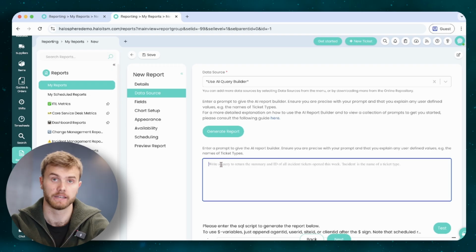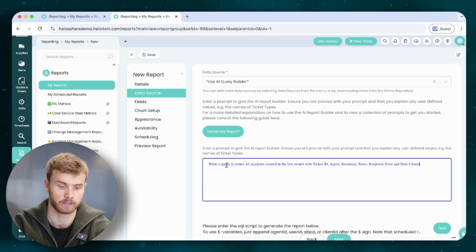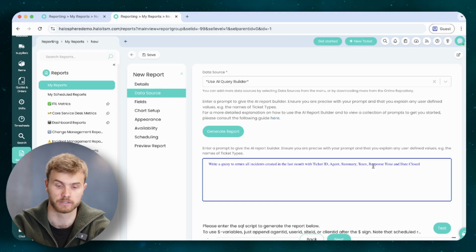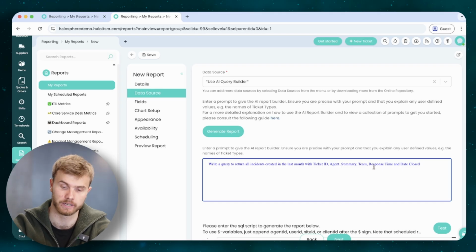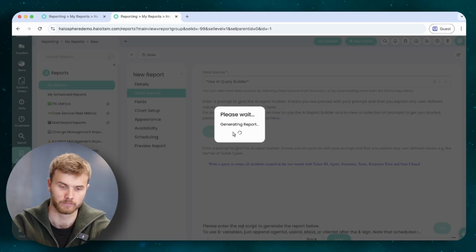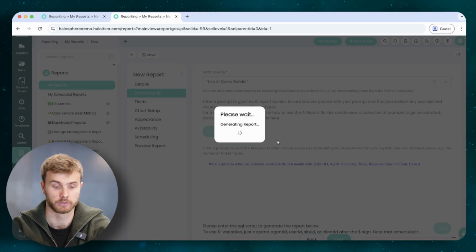So I'm just going to paste in a query here. You'll see here that I've written a query, quite simply: write a query that returns all incidents for the last month with some of the core information that you're going to want, be that ticket ID, summary, team response, and date closed. We'll go ahead and hit the generate report button here, and it will send over the prompt that you have written in, check the database schema that we have on file, and then generate the